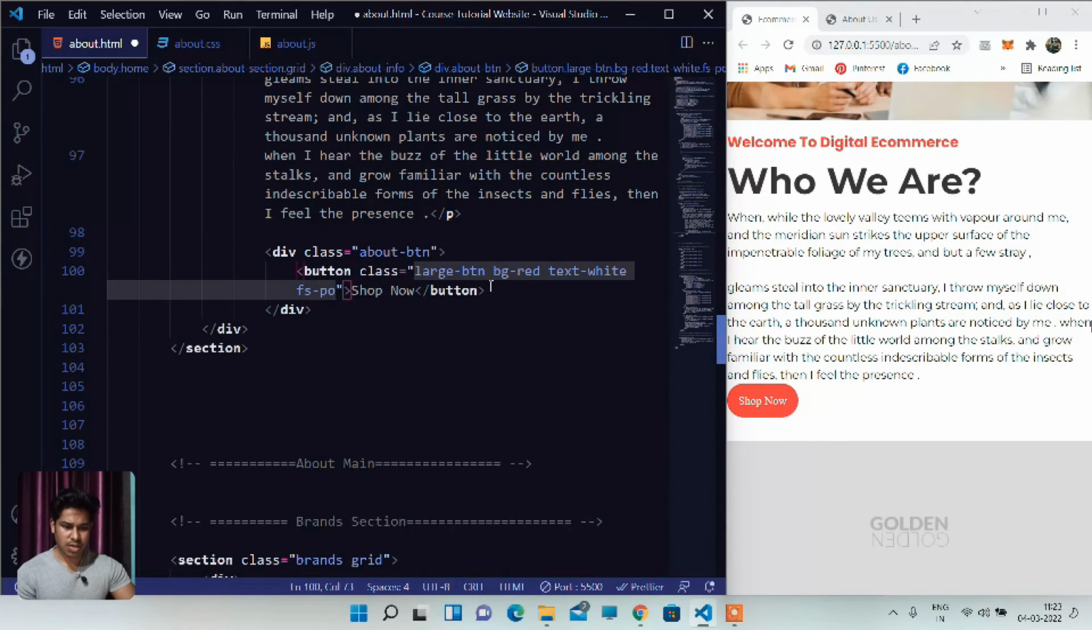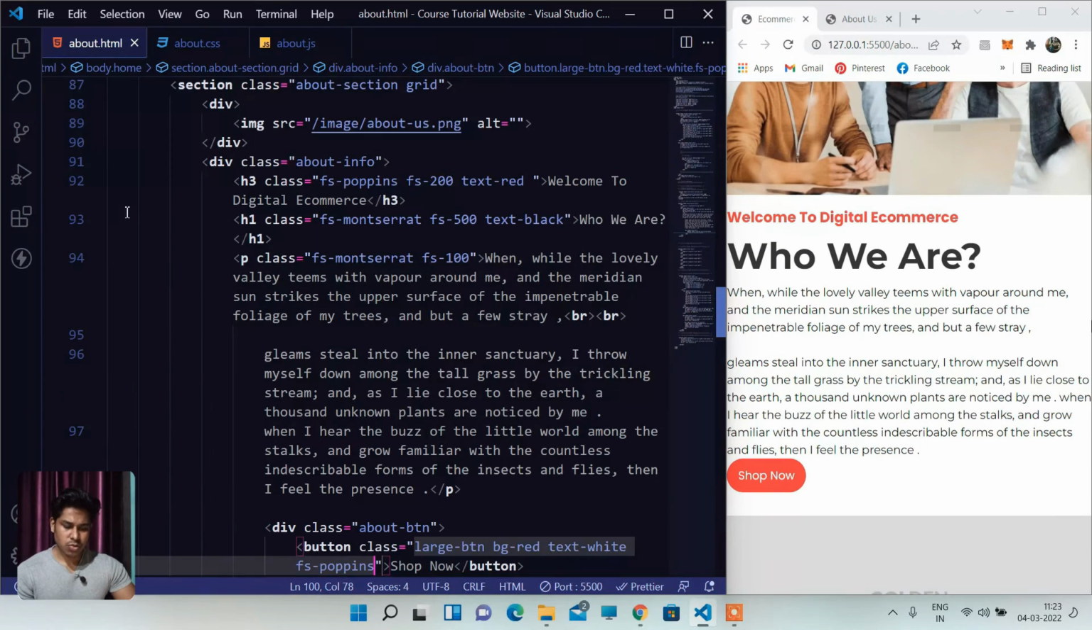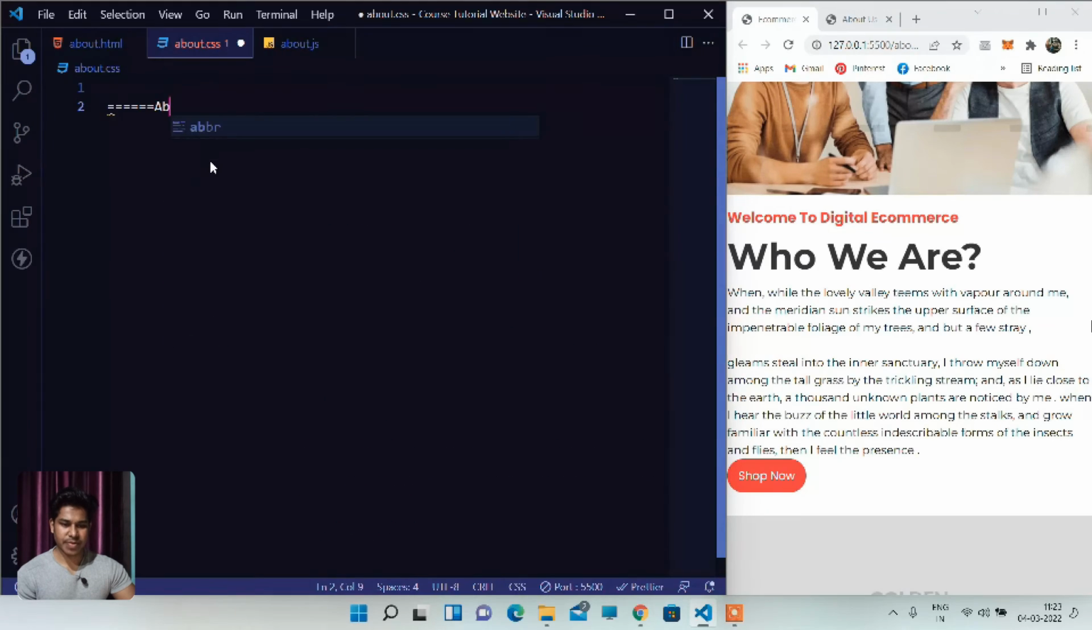Now let's assign a font family, it's going to be Poppins. So this is how it will look. So we are almost done with the HTML part. Now let's move to the CSS and start designing these components. Let me give this comment, about section,